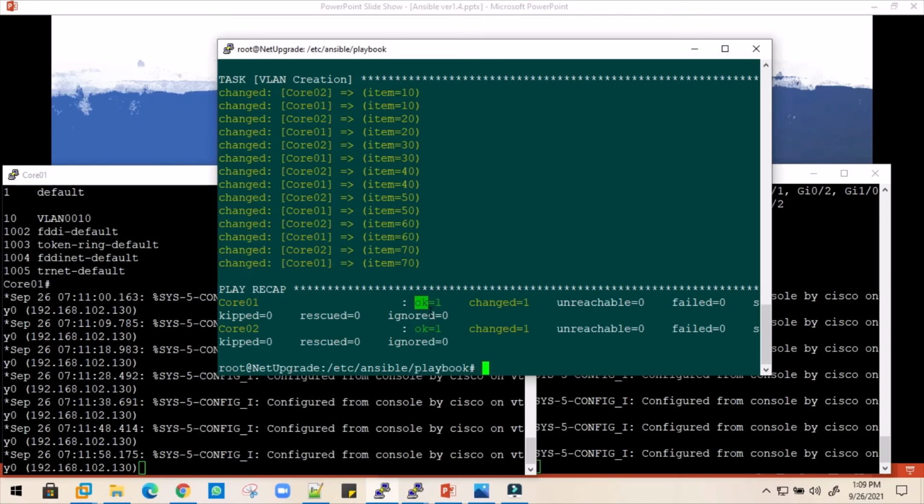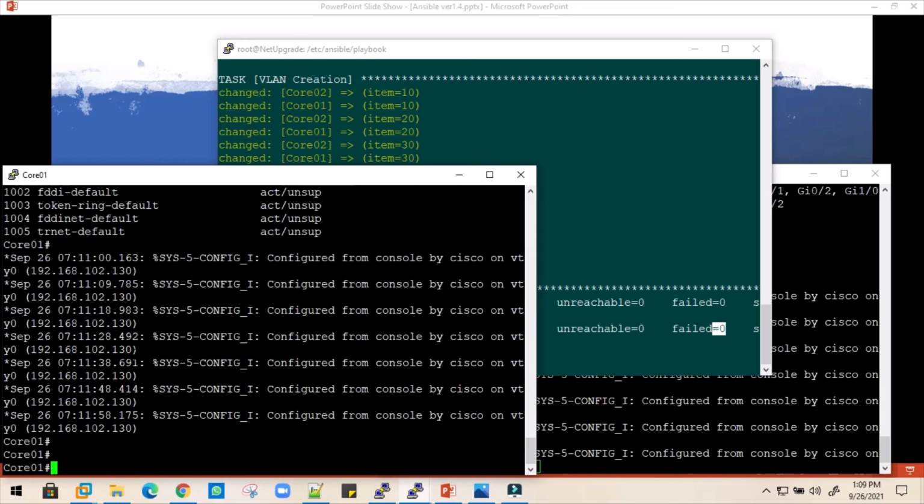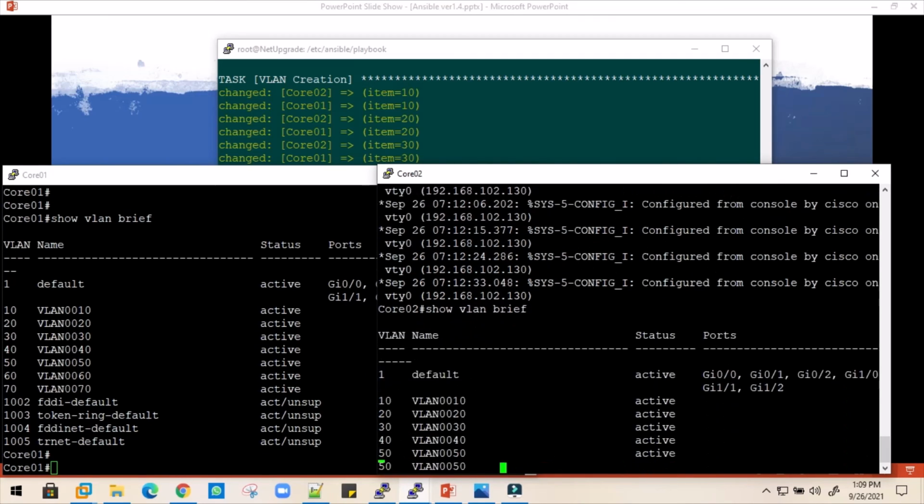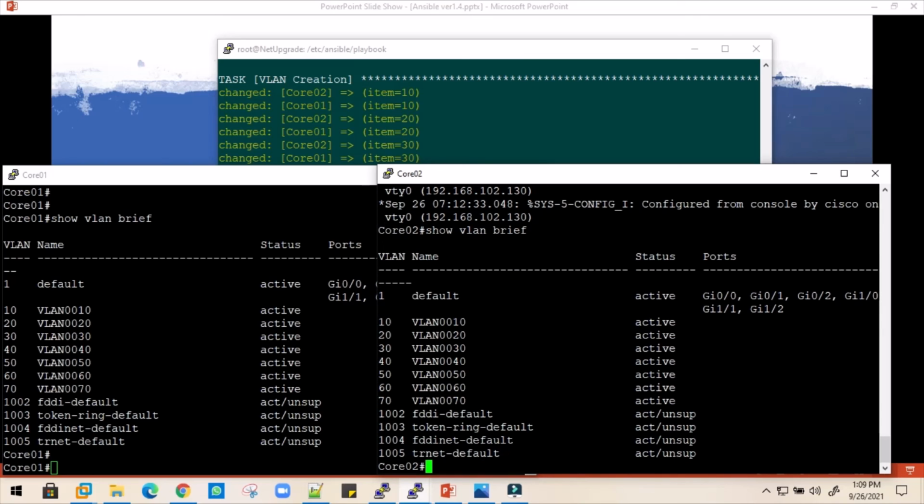its OK is 1, which means whatever changes we requested through the playbook in Ansible have been successfully done on core switch 1 as well as core switch 2. It's green. If something goes wrong and it's not able to execute, then it will make this failed item red instead of white, put a number over there, and give us an error message as well. Now let's jump on the switch and run the command show VLAN brief, and on the second switch as well we will execute the same command and we will see the changes.